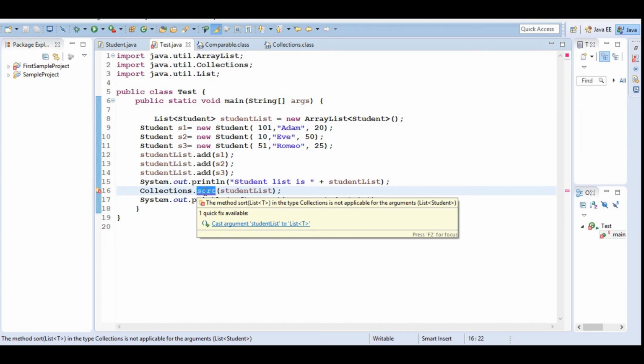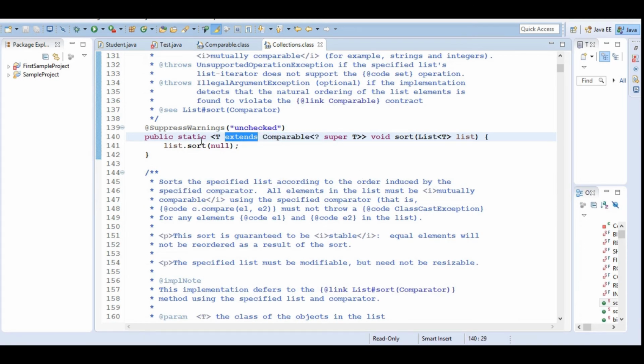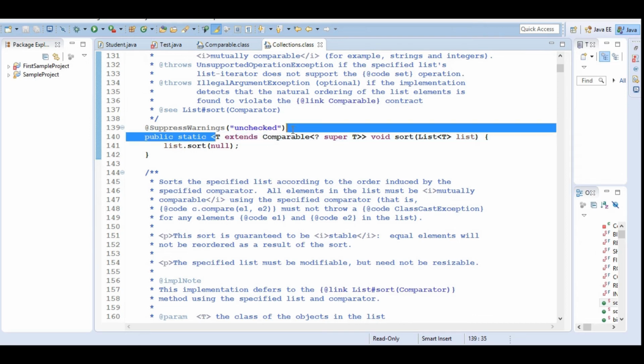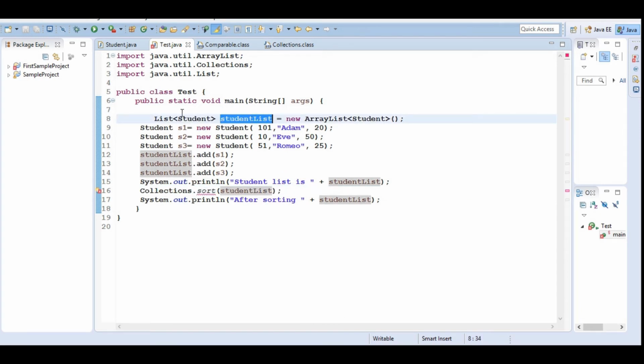We are getting an error here because the sort method says that it will sort only a list of that particular type which implements the Comparable interface. Let's look at the definition of the sort method. Yes, it says that it will allow only a list of that particular type which implements Comparable. Here in our class we have a student list of Student type, but this type Student is not implementing the Comparable interface.